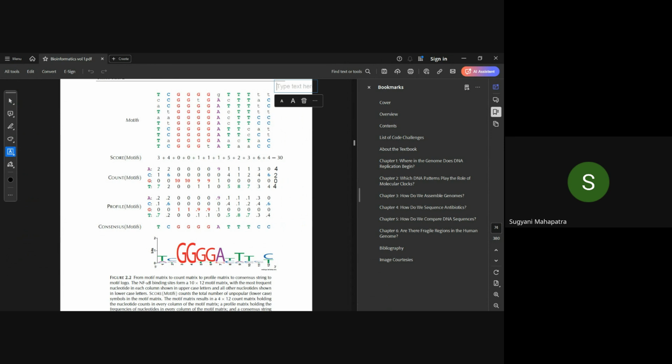Suppose the actual one should have been A, but we are reading T erroneously. For some reason the machine has read T erroneously. So it should be A. I am telling you this extra information. Then what should be the score